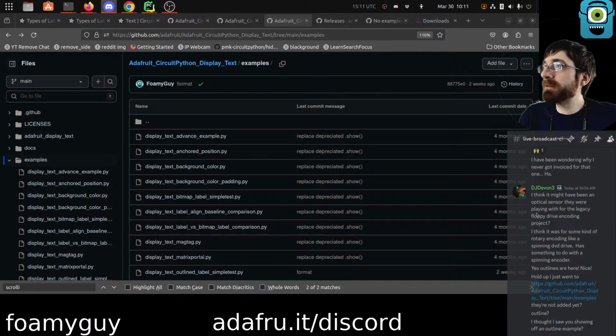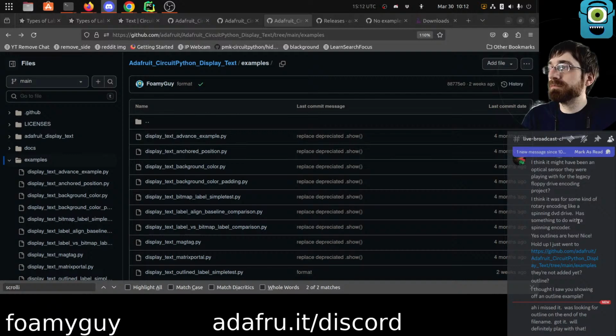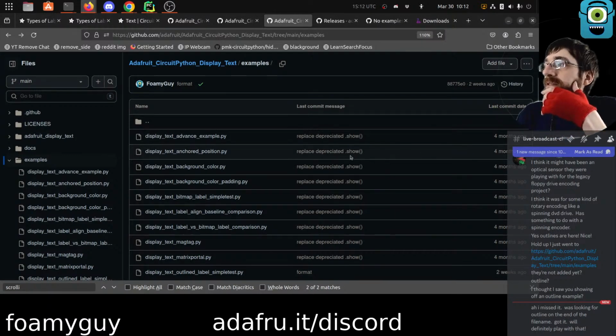There's a standard way to handle libraries that includes some micro-specific. I'm not sure. Wait for outline at the end of the file name. Yeah,